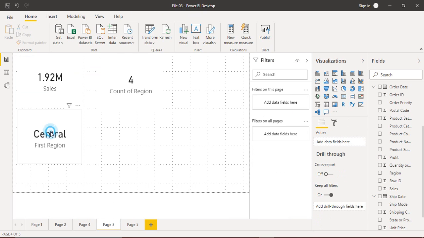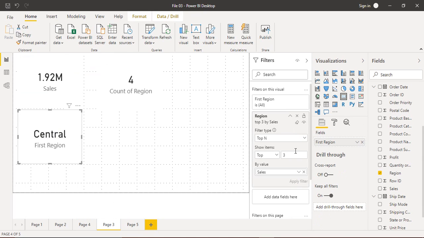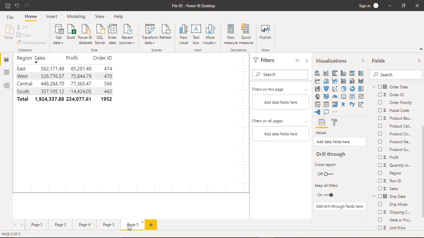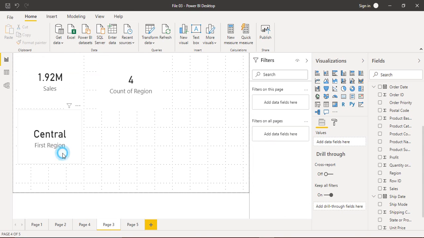If we go here, then in the top 3 we are getting Central region as our answer. And if you see, the Central region is on the 3rd spot of the sales, so it's giving us this as the answer. That's the Central region.